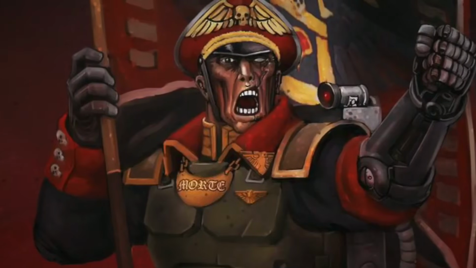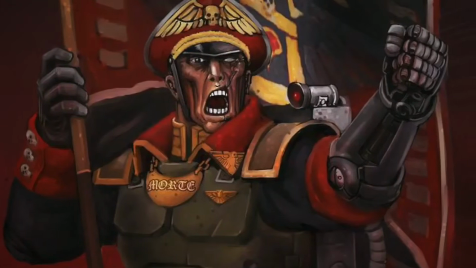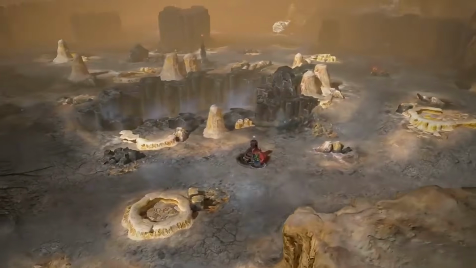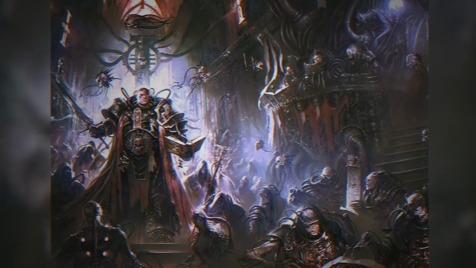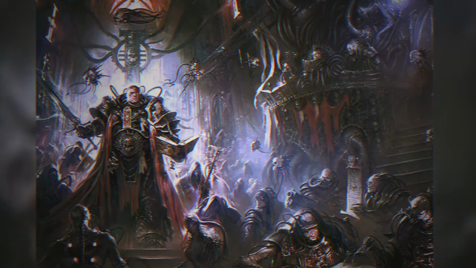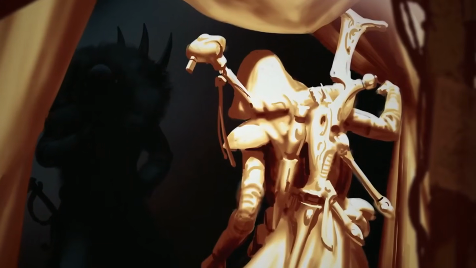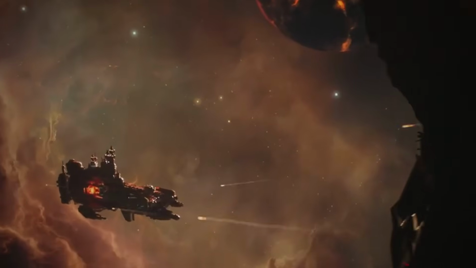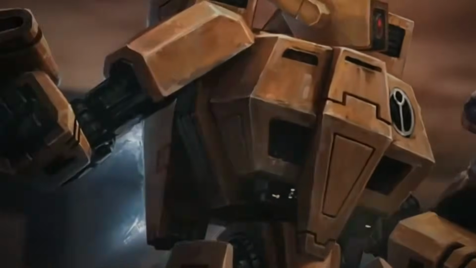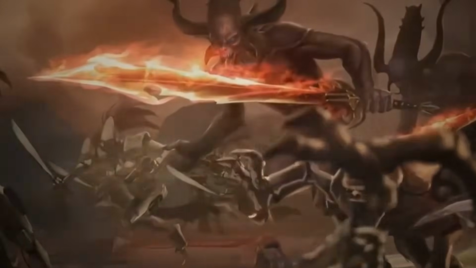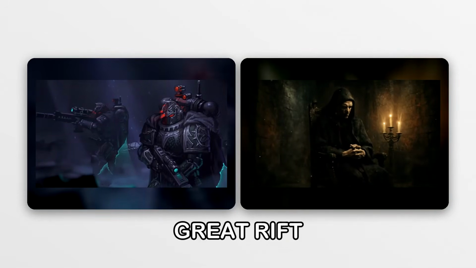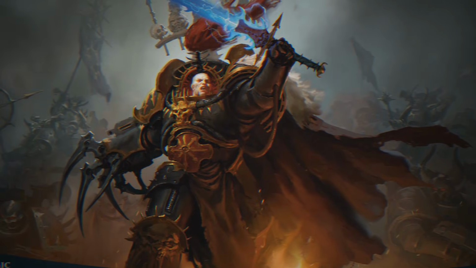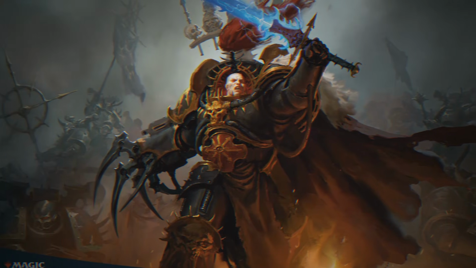Cadia was a pivotal Imperial fortress world, a choke point in the Cadian Gate, the only stable passage through the Eye of Terror, the largest and most dangerous warp storm in the galaxy. Its destruction was not merely a military defeat, but a catastrophic symbolic blow to the Imperium. The planet's demise, caused by the crashing of the colossal Blackstone fortress Will of Eternity into its surface, shattered the arcane pylons that had for millennia held back the energies of the Eye of Terror. This cataclysmic event directly led to the unleashing of the Great Rift, tearing the galaxy in two and ushering in the age of the Dark Imperium. Abaddon's victory, though costly, was absolute, plunging the Imperium into an age of unprecedented darkness and chaos.